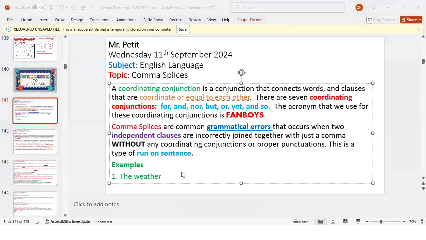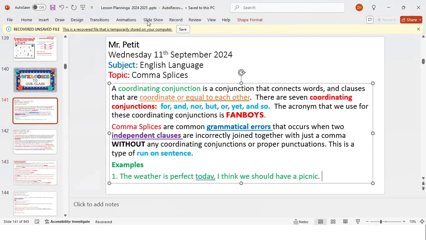Okay, good. So our first example is: The weather is perfect today, I think we should have a picnic.